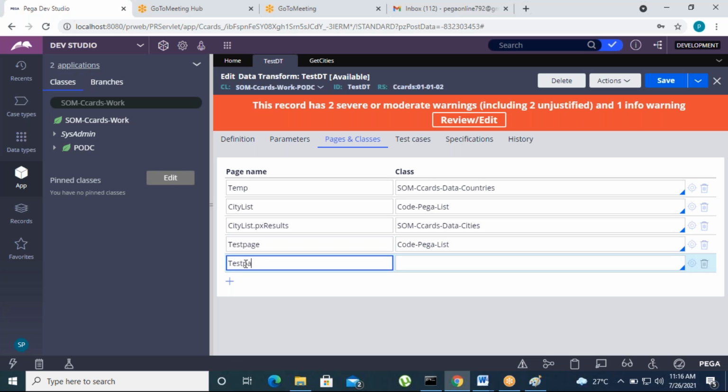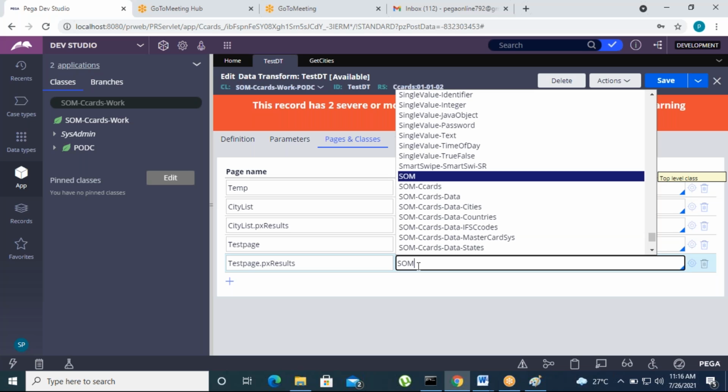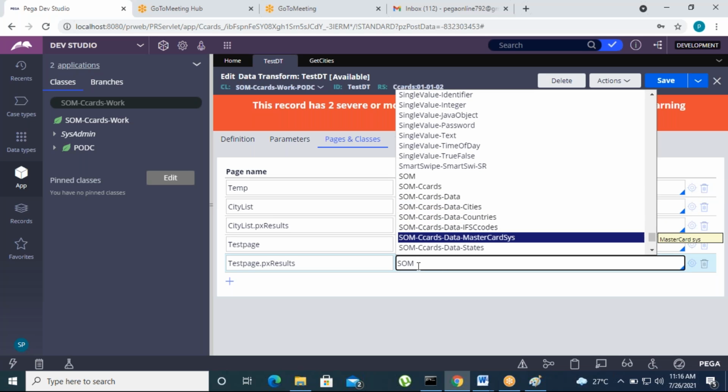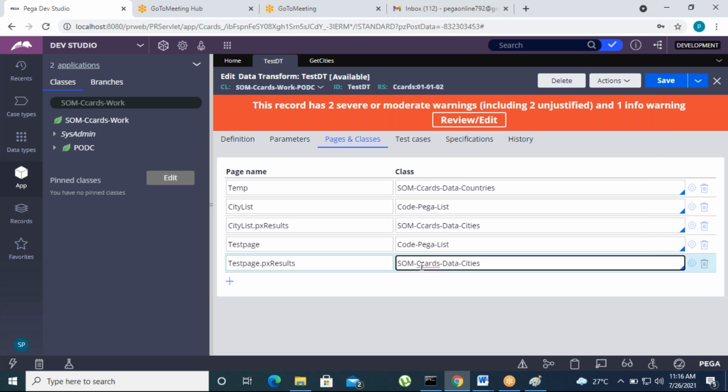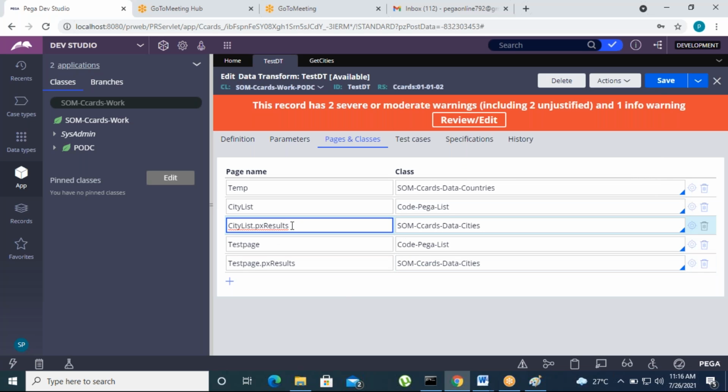That's what we need to add, TestPage.pxResults, which will hold the data. I'm going to give the same class, that is, the cities class only. Same class, the page list is different. This is the one page list and this is the second page list.